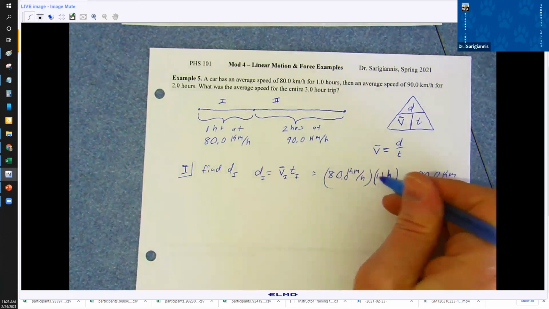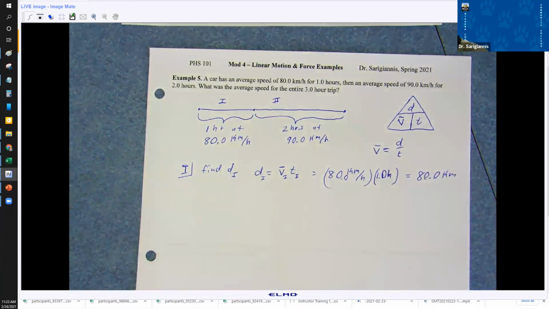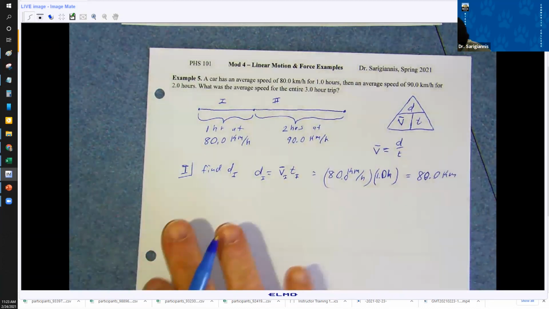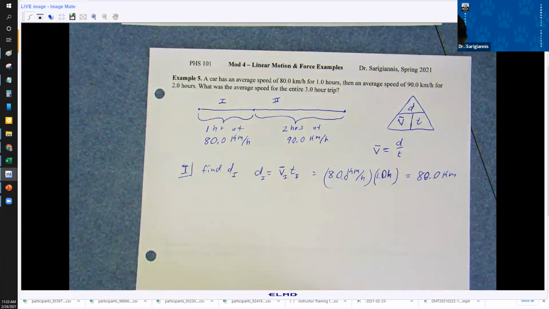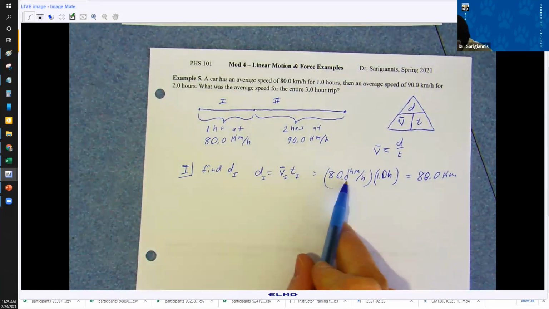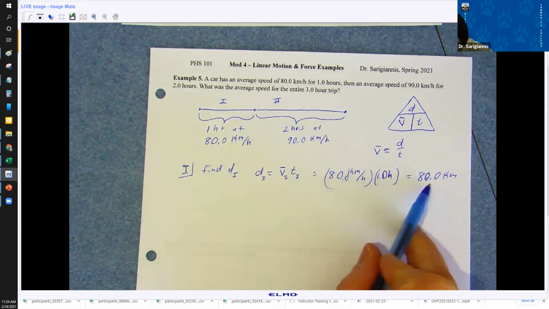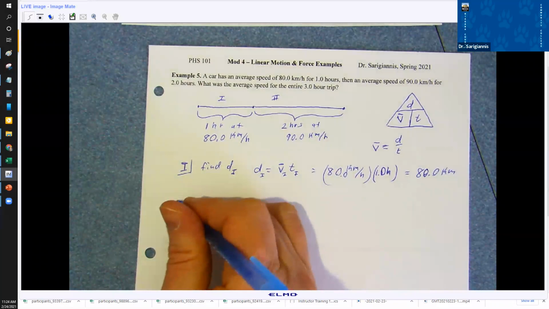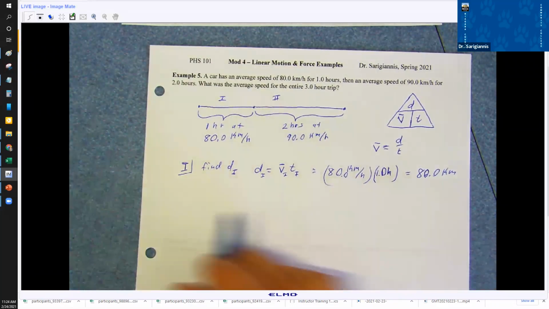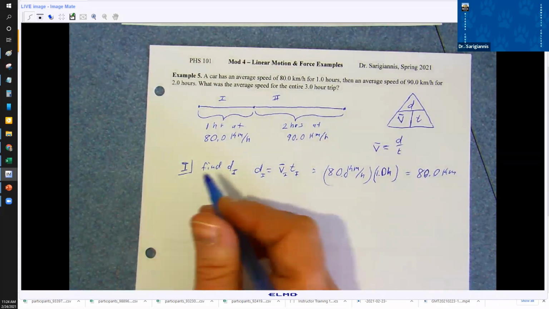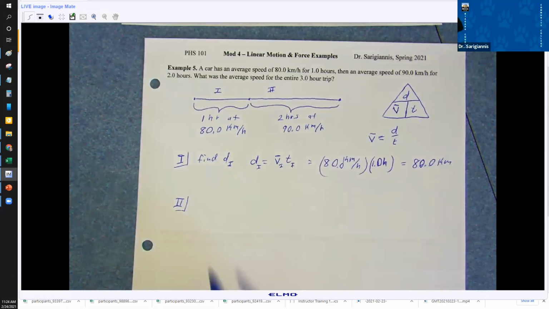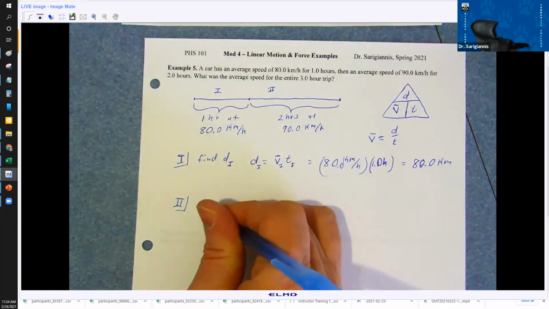I've got to watch my significant figures here. I'm not going to do any rounding until the end. We've got 80.0 kilometers per hour times 1.0 hours. Now, obviously, 80 point kilometers is the same as 80.0 kilometers, but that's our distance. 80 kilometers. Our second distance, right, segment 2,